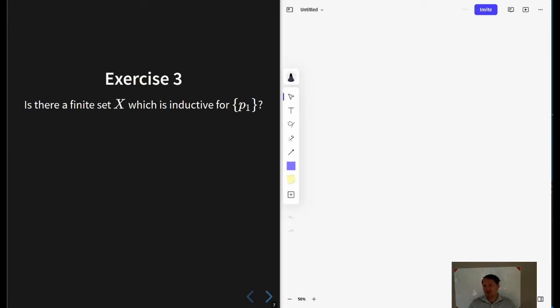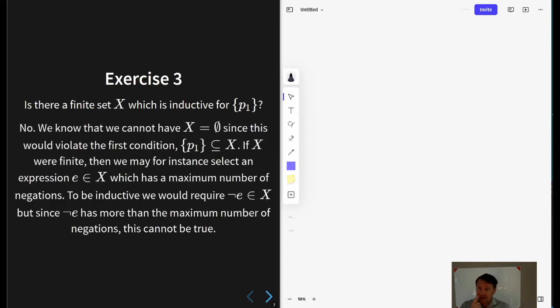So let's think about closure under negation, right? If we take any set which is inductive for P1, it's going to have P1, and then it's going to have its negation, and then it's going to have the negation of the negation, and so on to infinity. So intuitively, the answer is no, that this should not be inductive for P1. To flesh that idea out a little bit more fully, just to convince you that the argument can be made rigorously,